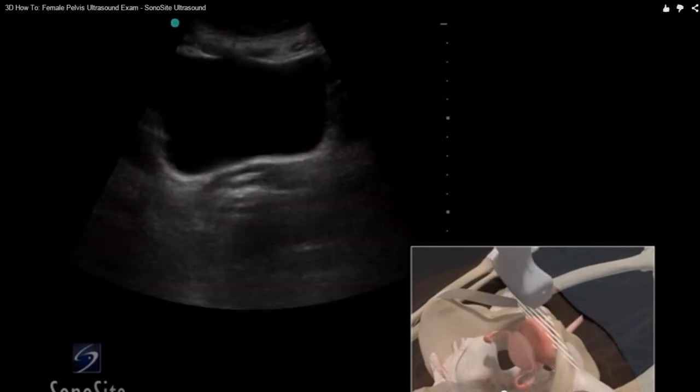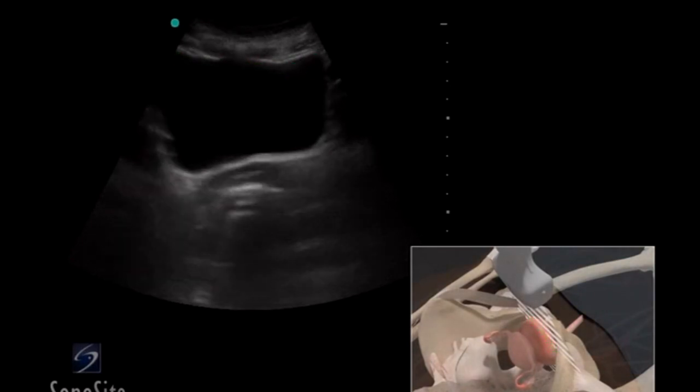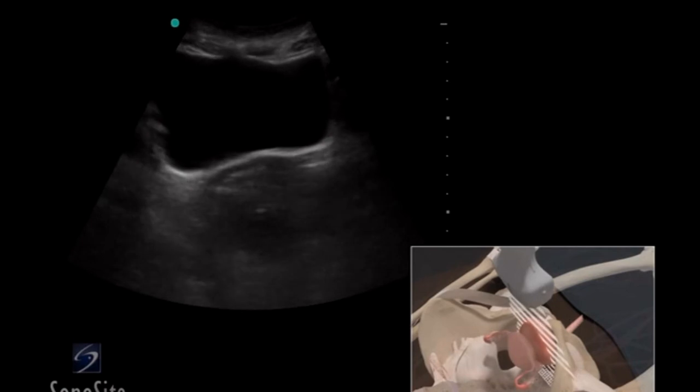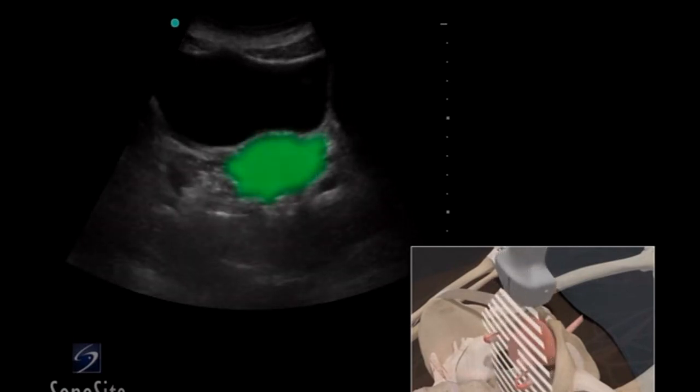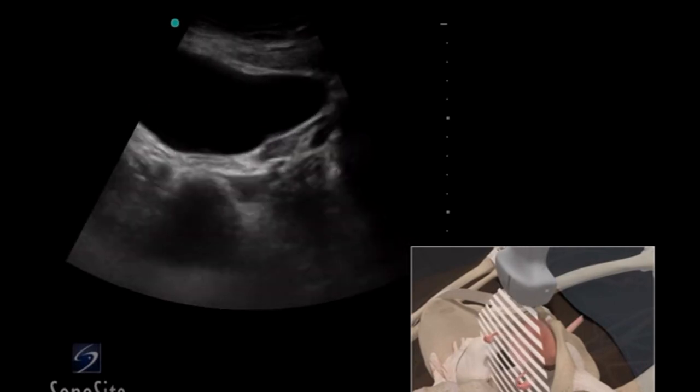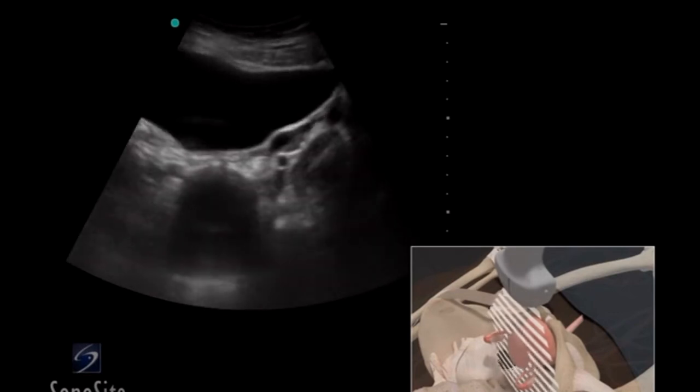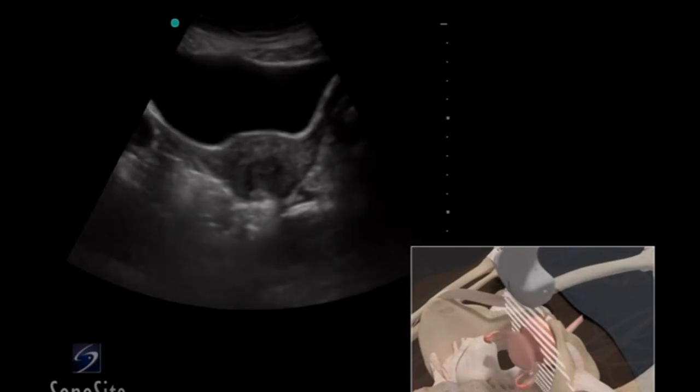We will now switch to the transverse view by moving the marker dot to the patient's right. The bladder will appear as an anechoic structure at the superficial portion of the screen with the hyperechoic uterus just underneath. As always, you will want to fan through the entirety of the structure from the superior to inferior portion of